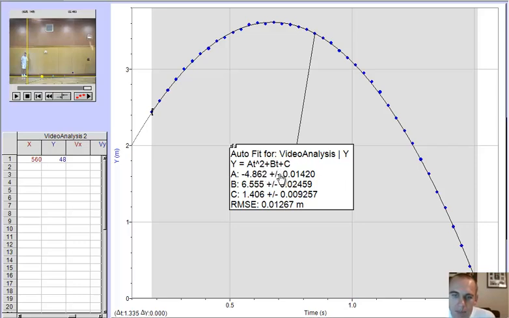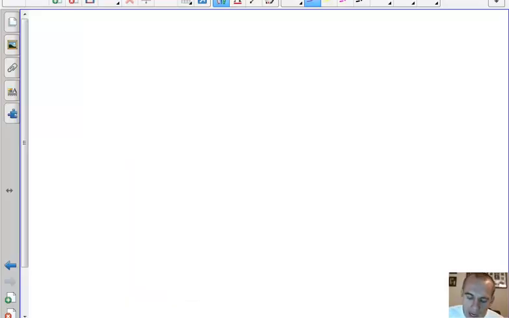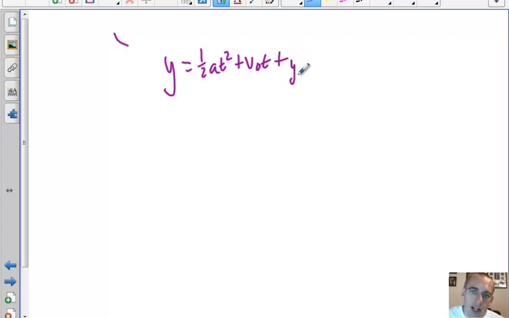Okay, at squared plus bt plus c, and it gives me an a term for its motion. And remember that a term is half the acceleration. Now here's what I mean. Remember we have this position for y. Y equals 1/2 at squared plus v naught t plus y naught, where y naught's our starting position in the vertical direction, v naught is our initial velocity in the vertical direction, and a is the acceleration in the vertical